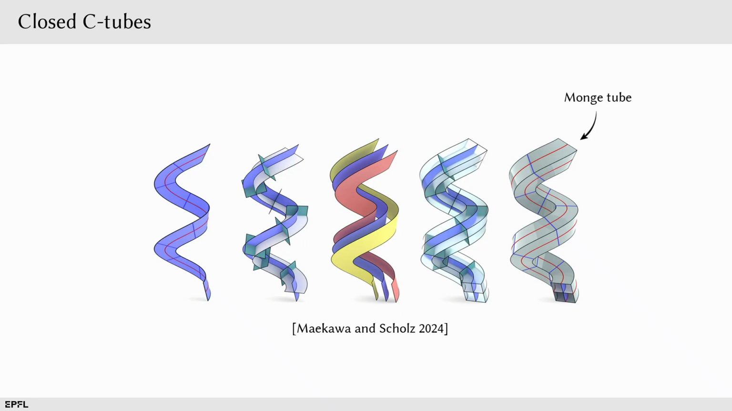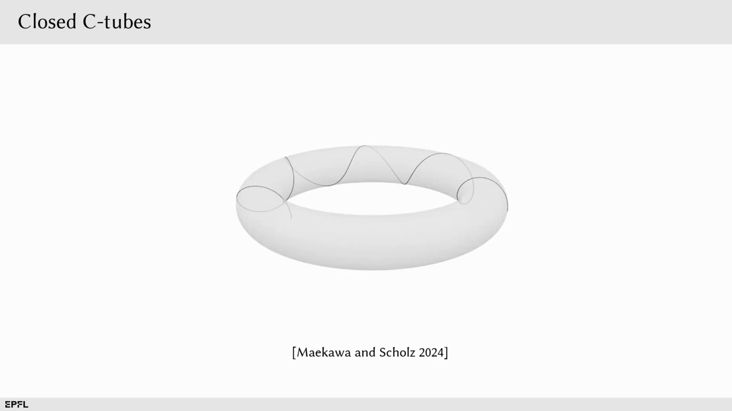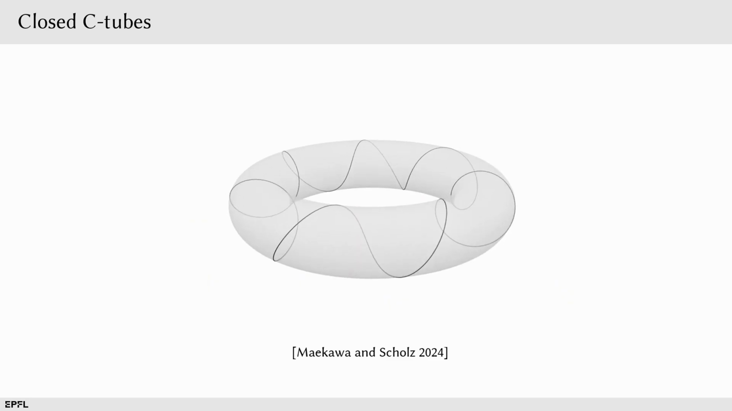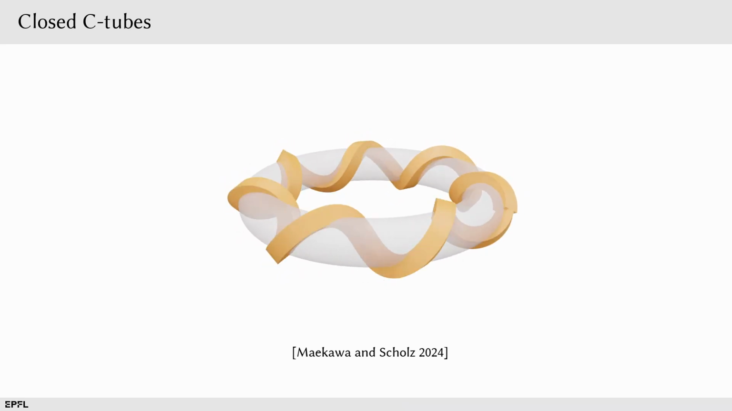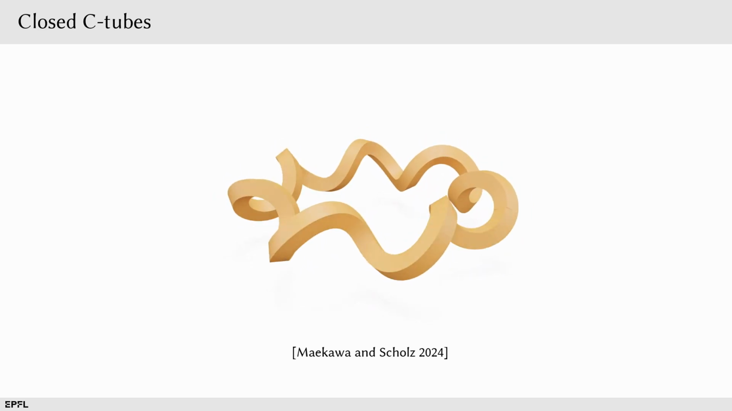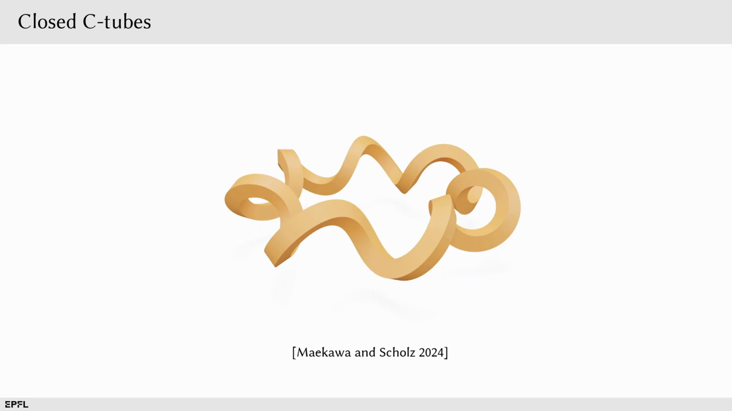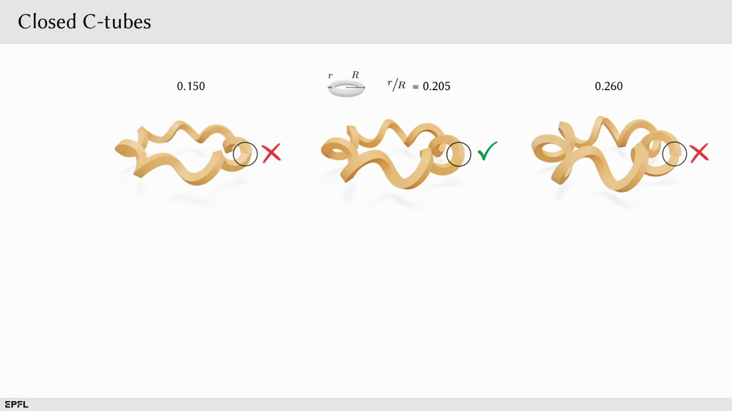So Maekawa and Scholz recently presented a method to construct Monge tubular surfaces. They are interested in families of tubes whose directrix wraps around a torus, which now we know in most cases do not close up. So what the authors do is they use bisection to select one specific such torus that guarantees the tube closure. So this works in this specific case, good, but in all the other cases in which the ratio between the torus radii does not match the value found by bisection,